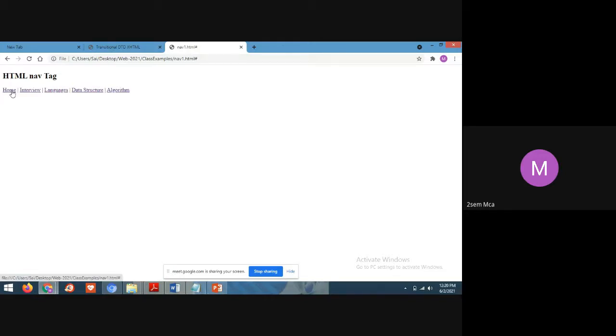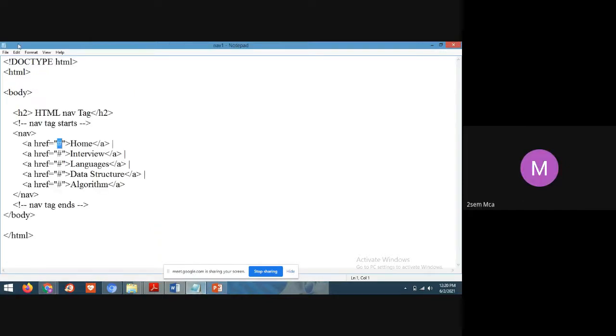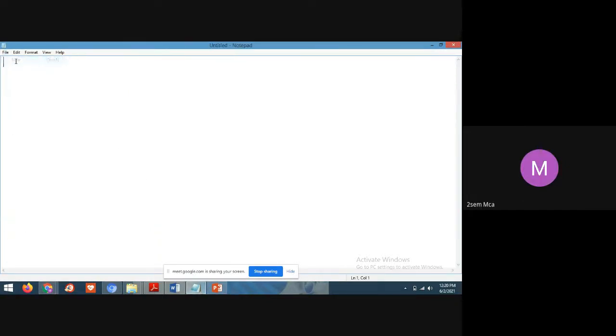The hyperlink hand symbol will come: interview, languages, data structures, algorithms. Click on the home page. Nothing will happen. It will not navigate. It will not redirect. Why is it not redirecting? I have not specified any link.